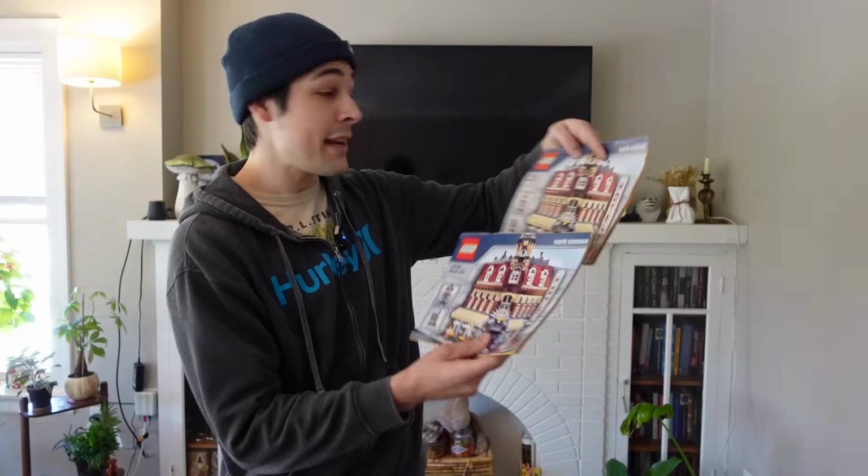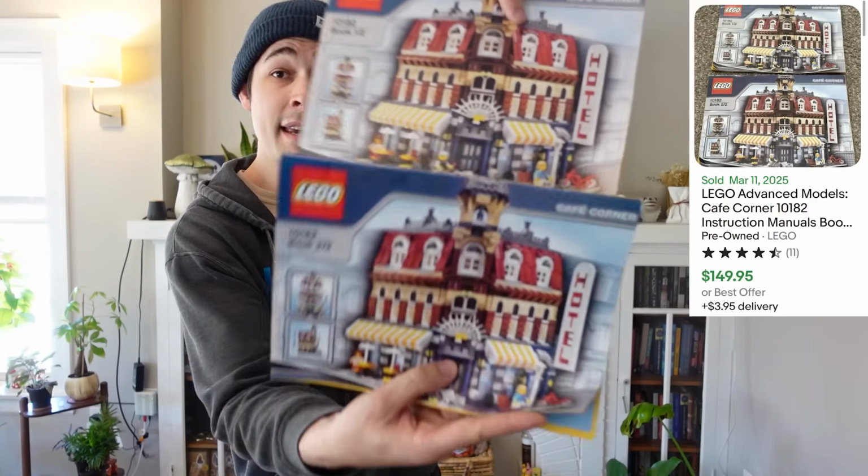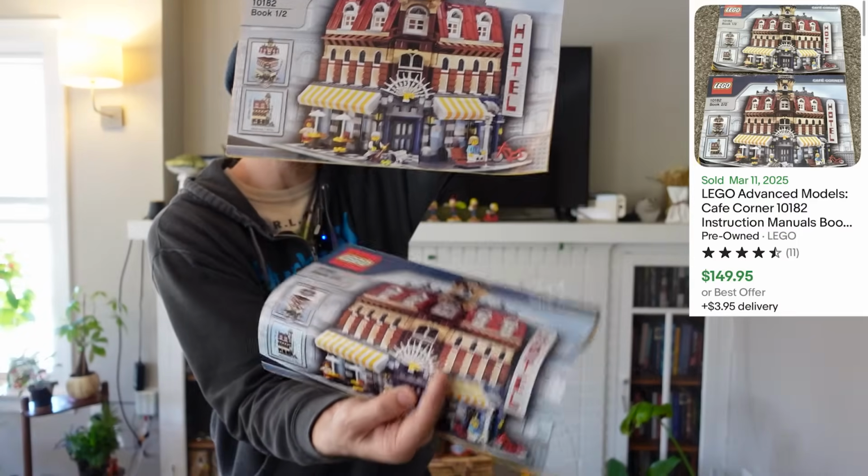I already looked all these manuals up. Some of them were worth like 15, 20 bucks. Some of them were worth less than that. But these two right here for Lego Cafe Corner Model 10182, these are going for like 100 bucks just for